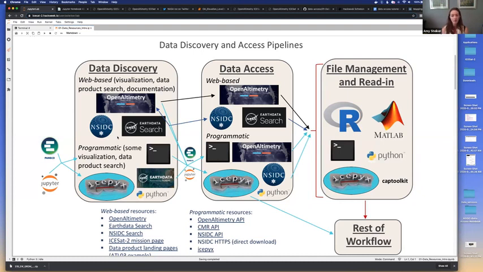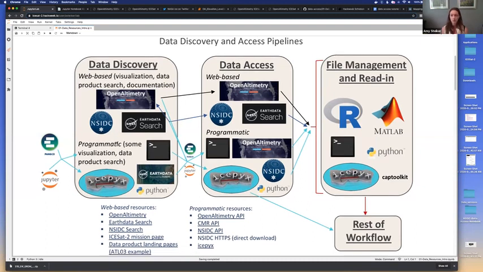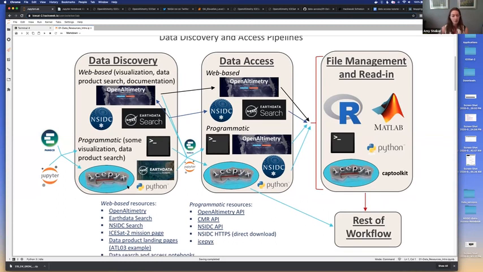Pangeo is really paving the way in optimizing the very compute-resource-intensive methods that are needed to access such large data sets. So that's a really large overview right now. I want to go through this quickly, but I did want to point out and emphasize again that IcePyx was really created